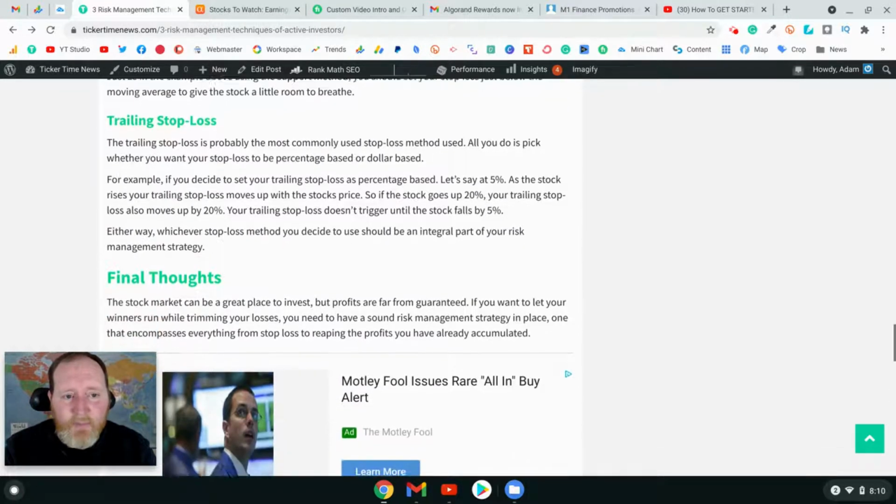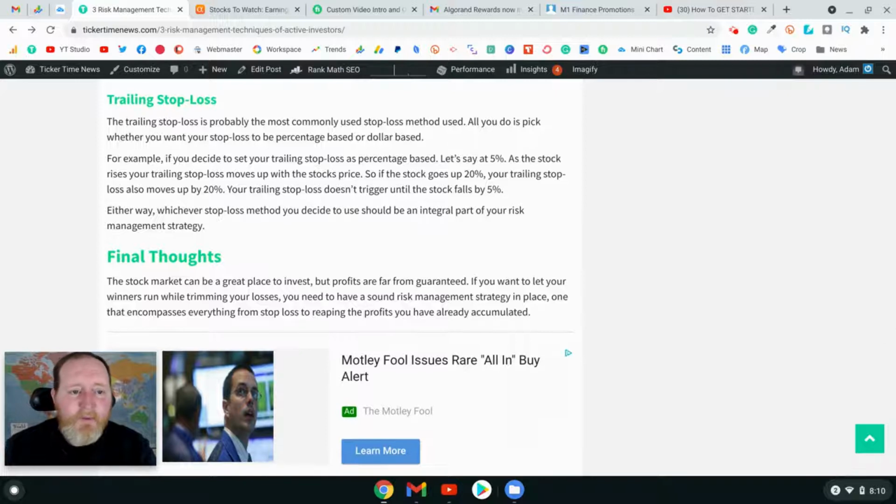Trailing stop loss. This is the easiest way to reduce your risk. You can set this up in your Robinhood brokerage account. All you do is pick whether you want to set your stop loss using a percentage base or a dollar base. For example, if you decide to set your trailing stop loss as percentage base, let's say at 5%, as